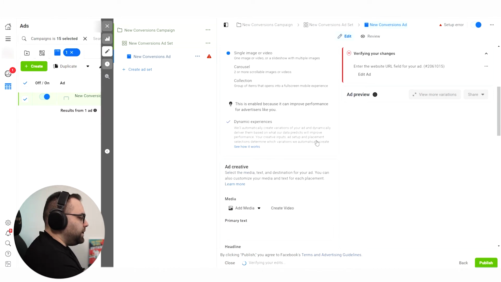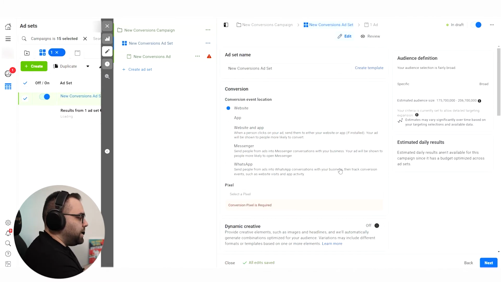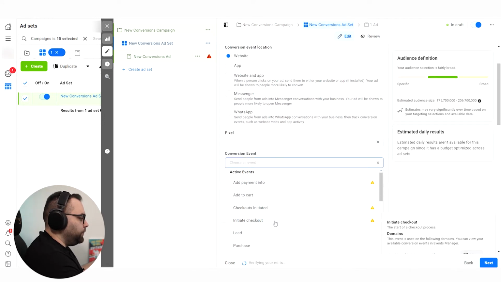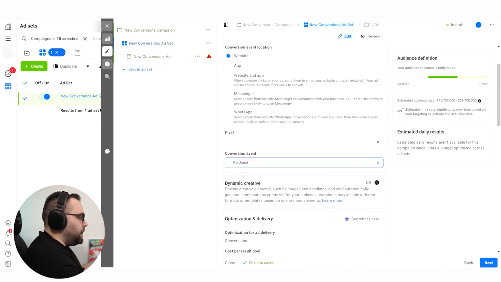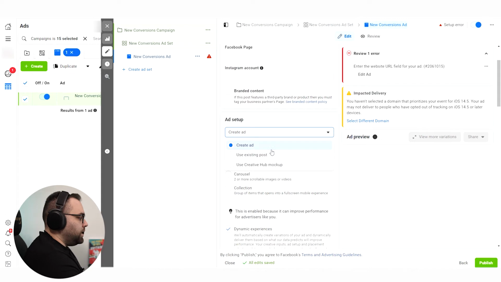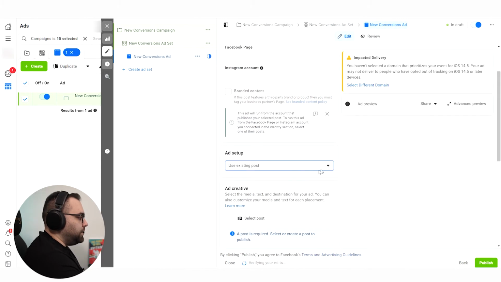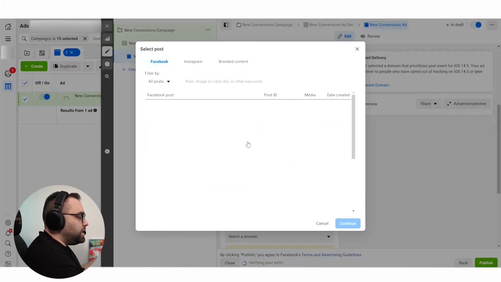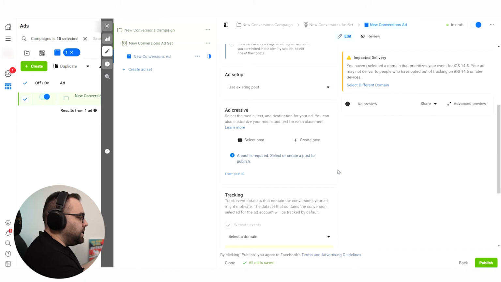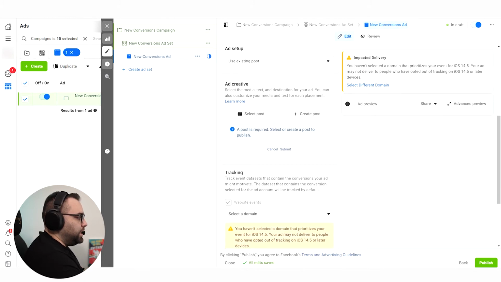You can come here and of course not in dynamic creative ads. Let me pick also pixels so that there's not going to be an issue. Okay, and you're not checking the dynamic ads of course, but you can come here and you can use existing post. Okay, it's here. Now the way to do it is either to select the post from the page that you want. Okay, it's showing you here when it was created and which one it is. But also you can enter the post ID. And this is something that a lot of people don't know how to do.